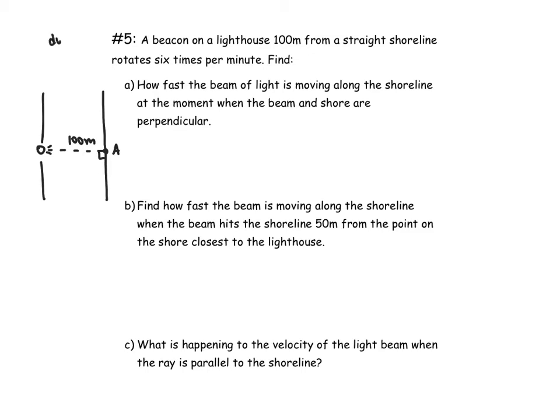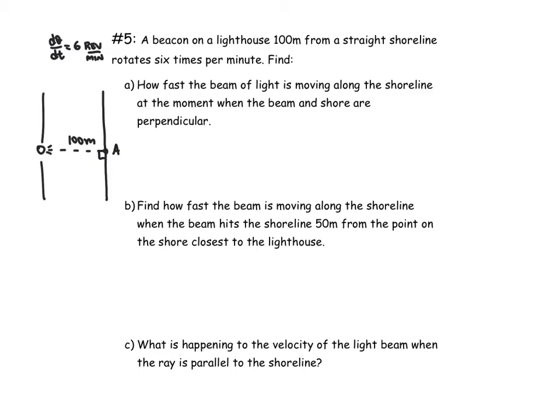Okay, it says that it rotates 6 times per minute. Okay, so d theta dt is 6 revolutions per minute. All right, anytime you're working with d theta dt, in order to get the correct units for, in this case, what will be dx dt, and I'll show you what that's going to look like in a second, you have to put d theta dt into the correct units with regards to your unit of time, which we're going to use seconds here in a minute,